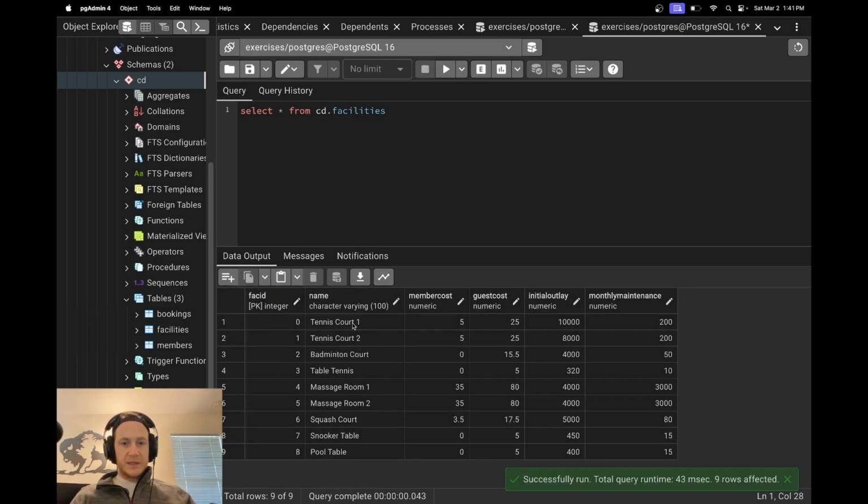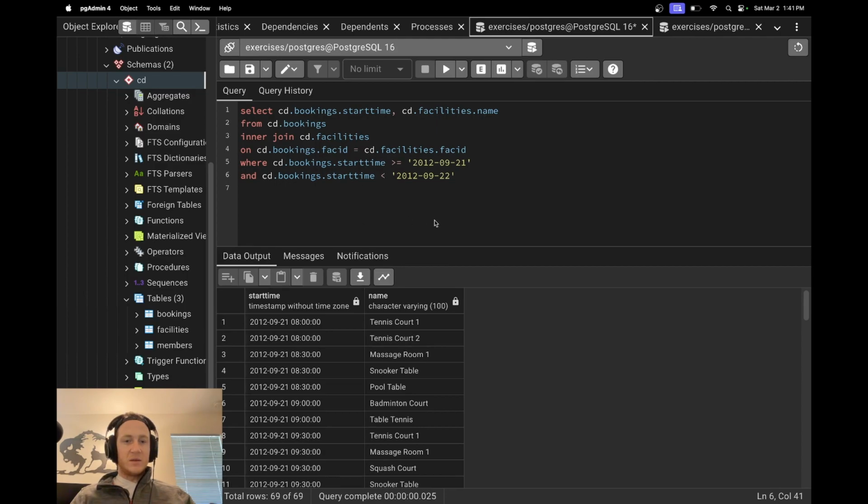The reason I want to do this is I want to see the facility IDs for the tennis courts, which are 0 and 1. So we can use this to filter out in this current table everything in only the tennis courts. So we have our where condition for the date, and we can also say where the facility IDs,